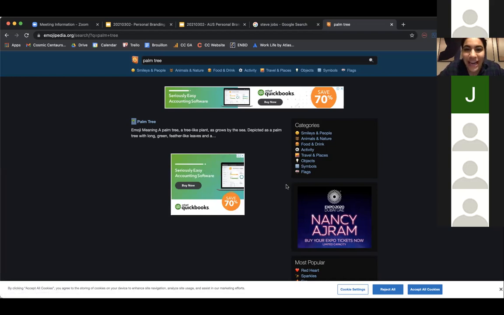So I've gone and added mine. Hopefully you guys can see my screen, and that's how it works. If you have any questions, feel free to ask. We're here to help. It's just a fun little exercise. If it doesn't work out, no issues. But we thought it might be a nice way to get a sense of what emoji you think represents you, and a little bit about yourself. So I've selected the palm tree.